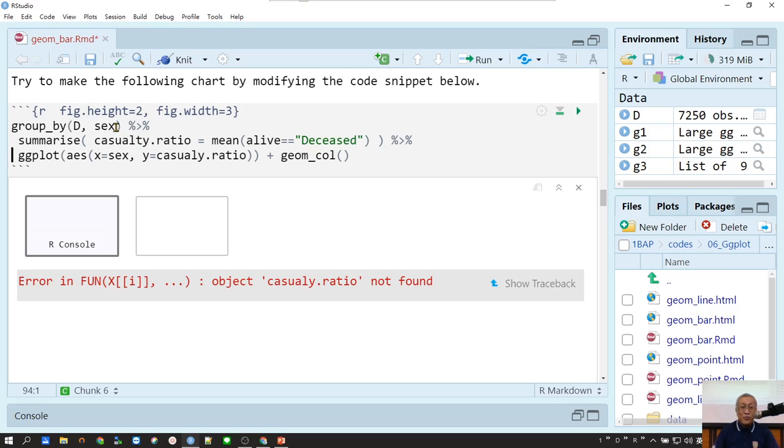First of all, I need to group by sex and also by align, right? Because right now I need to group by sex and align, so I can use align as the color, right? And then I will need to use fill equal to,